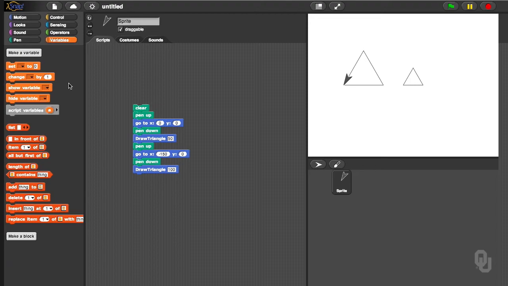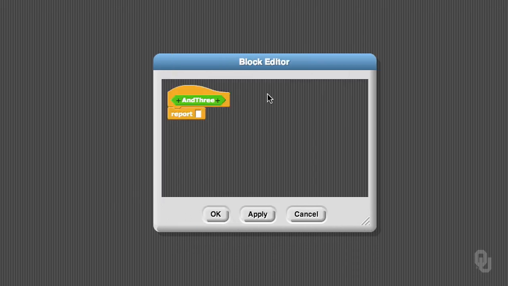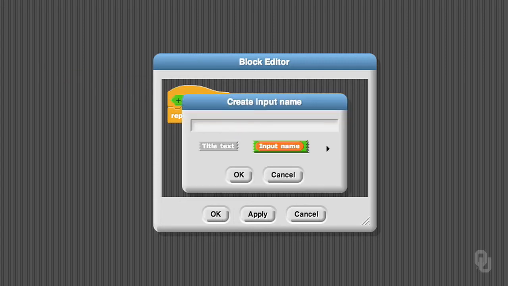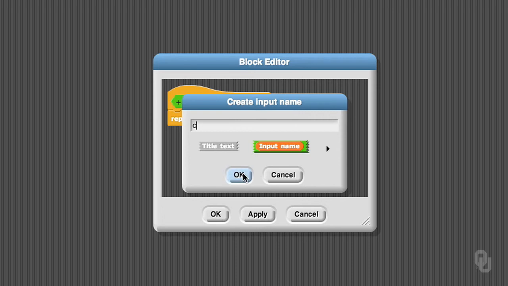I'll make one more block just to show you that you can also return a predicate value. It'll give you a square. We'll again make it an operator. This one we're going to call and3. And what we'll do for this one is fairly similar. We're just going to add in an and, 3 values together instead of 2. We'll have A, B, C,